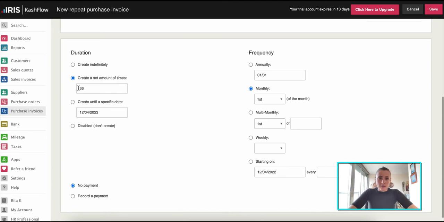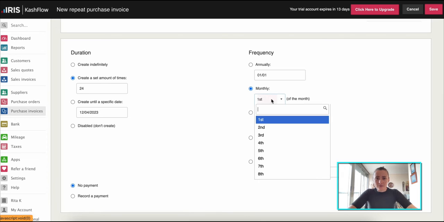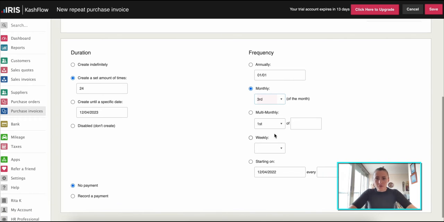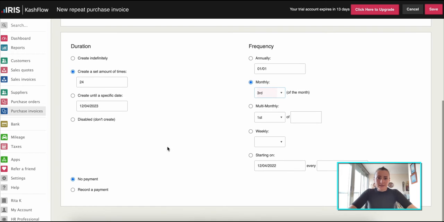So let's say I will have 24 months, and for frequency I can select annually, monthly, multi-monthly if required, weekly, or starting on every so many days. So in my case I will say that it's monthly, takes place on the 3rd of the month, and I can create